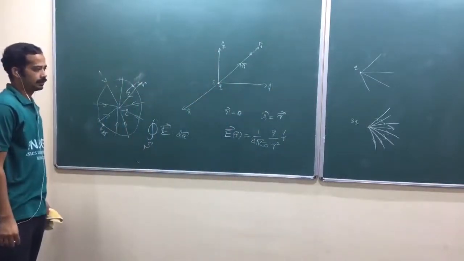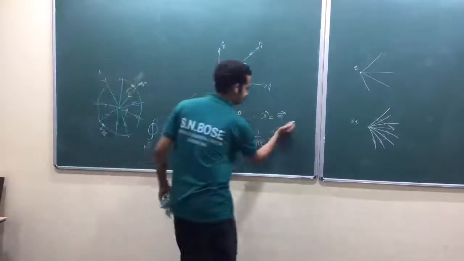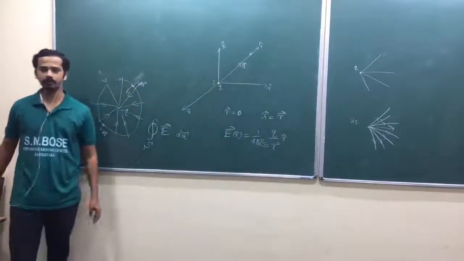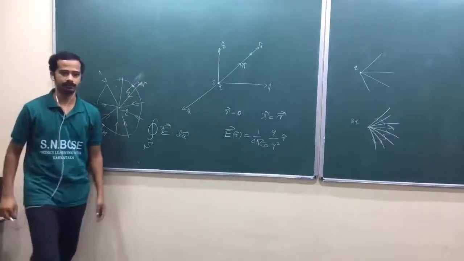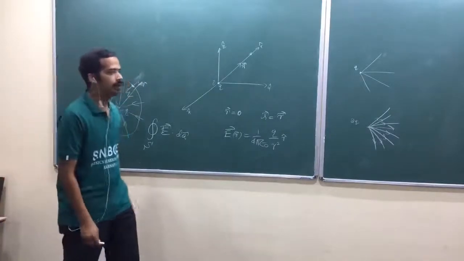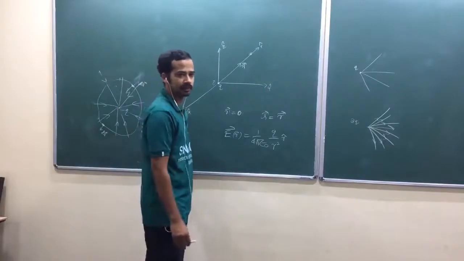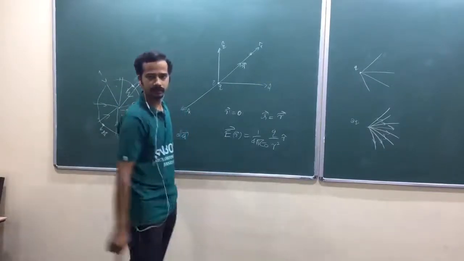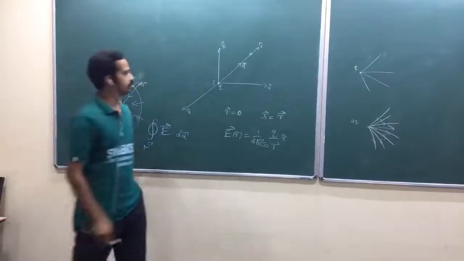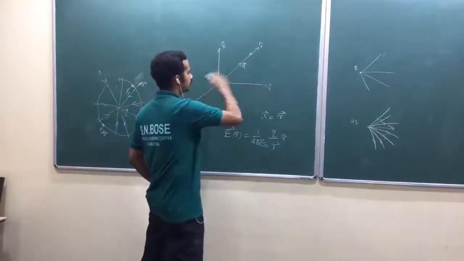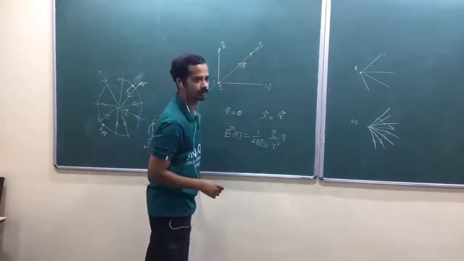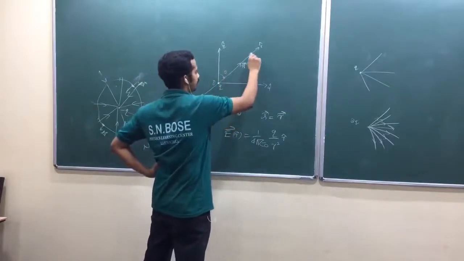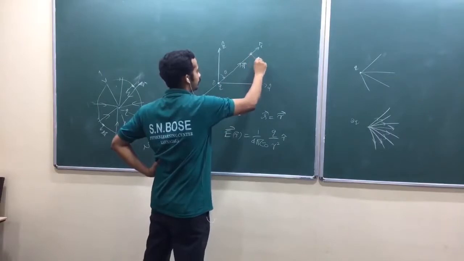Is that okay? This is the electric field when you place that charge at the center of the origin. I hope you remember something from the geometry that we have taken in classical mechanics, am I right? According to our spherical polar coordinates, this is our r cap direction. How do you define theta cap? You have to define theta here. So, this will be theta cap.